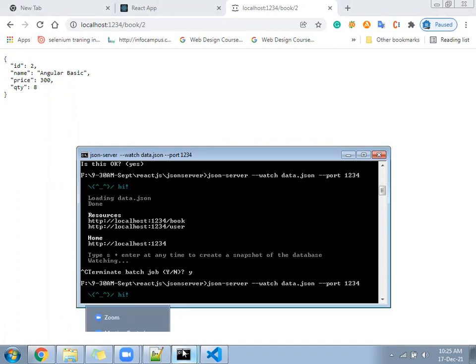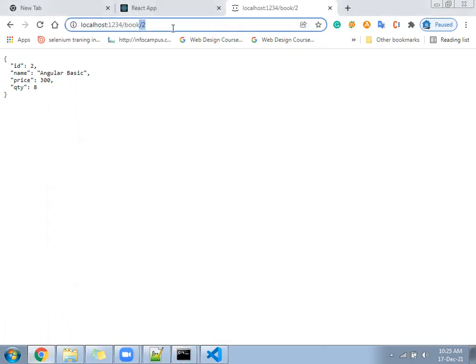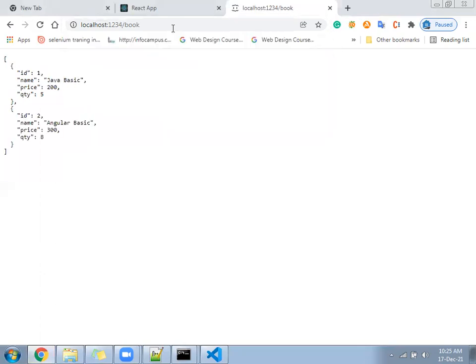The JSON server will run through the browser and show you the data only if you start the server, like how React will give the output after starting npm start. Similarly, you have to start the JSON server also. So now you have two servers. One is the node server, npm start, to see the React output, and another is the JSON server. JSON server becomes the backend and React becomes the front end. Both should be running, then only the communication will happen.